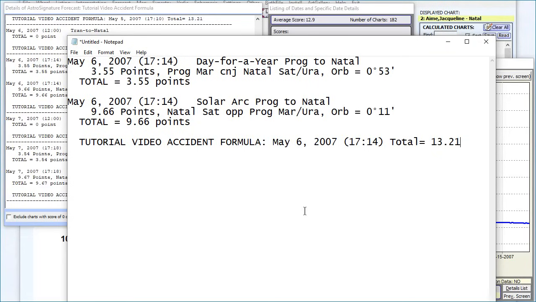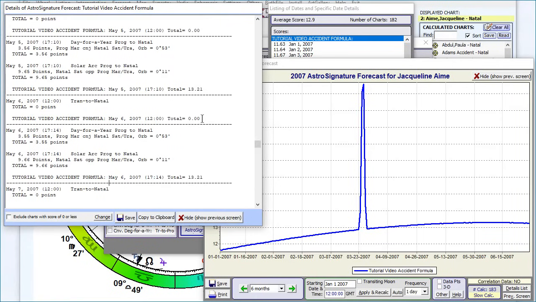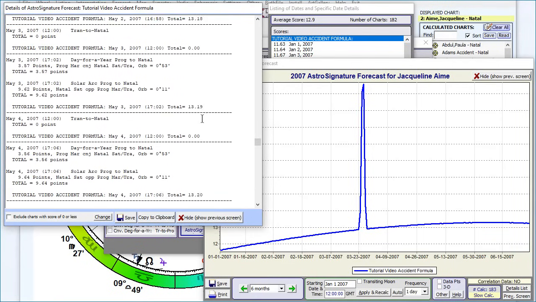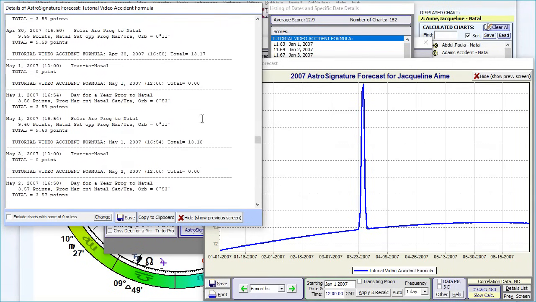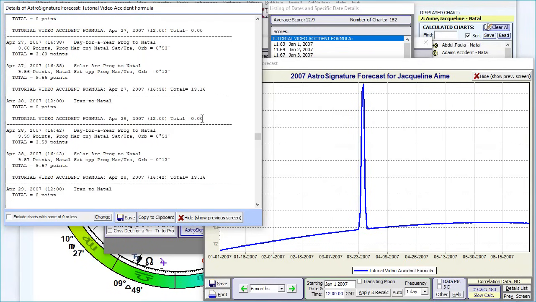And now we see that we can produce this graph for an individual. So once our forecast works well, we could give this graph to people, and also we can use it to improve our formula. We're noticing that this transit is happening, it looks like, in late April. If I go up to late April, around April 26th, we will see, I'm scrolling up to April 26th,